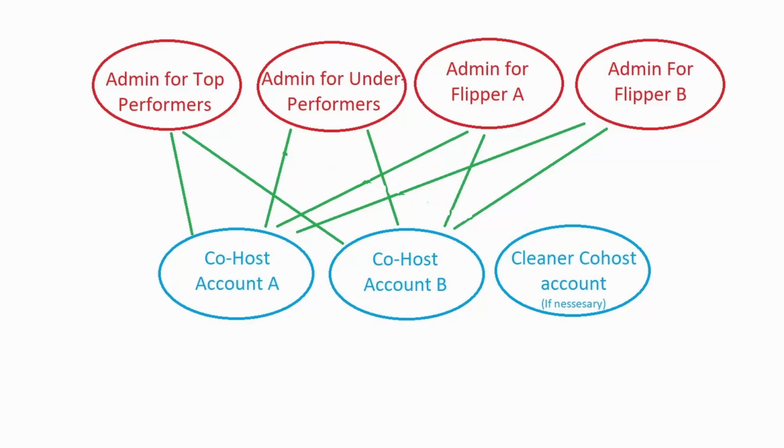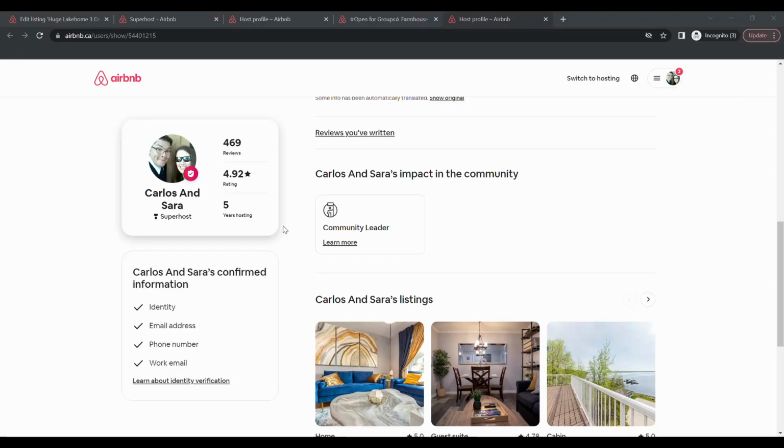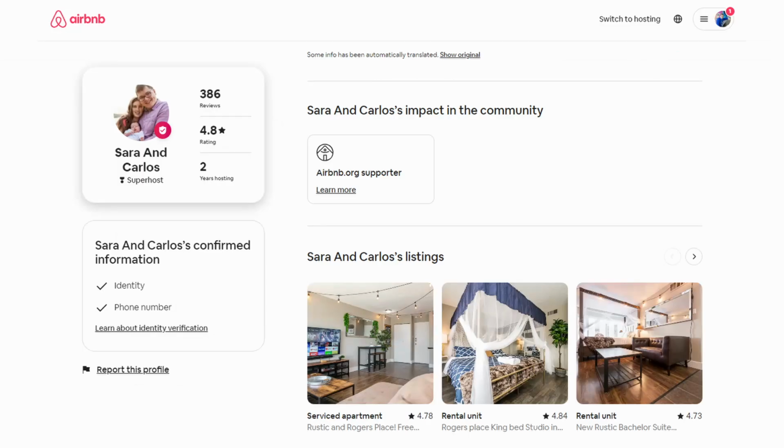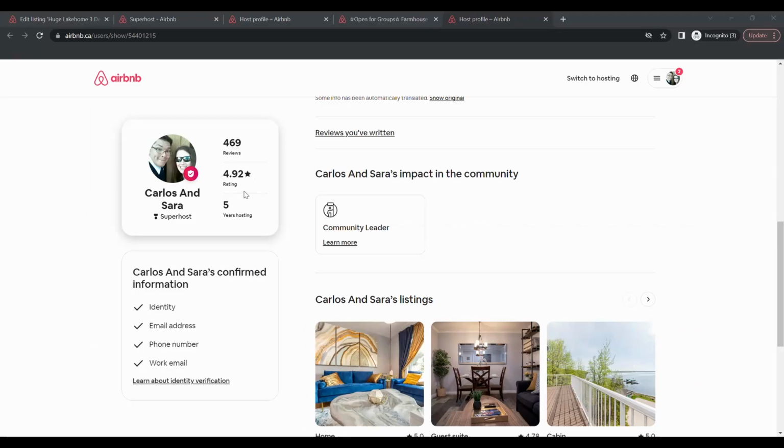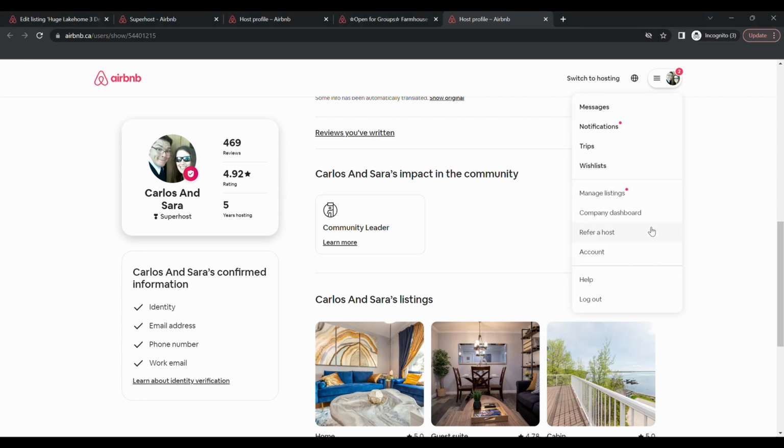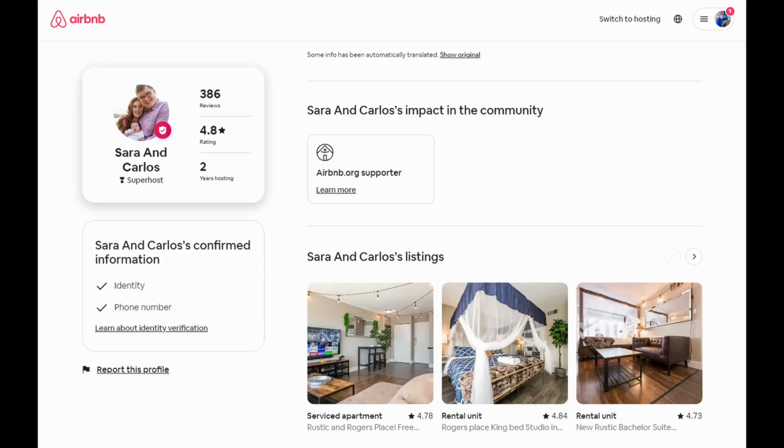So that's the way I like to structure it. That's the way I set it up. And then if you look at the actual profile itself, the reviews all go onto the admin profile. This is the reason we set up this second account: we knew that some of these units would not perform as well, and we didn't want to risk Superhost on our main account. So we set up a secondary account so that all the listings that went into that one would potentially be ones that we could burn off and not feel bad about, because the account isn't holding our premium properties. So I hope that answers that question.